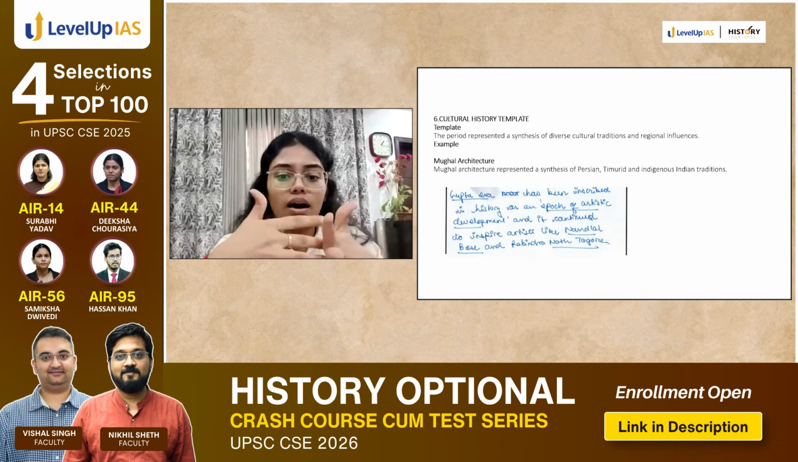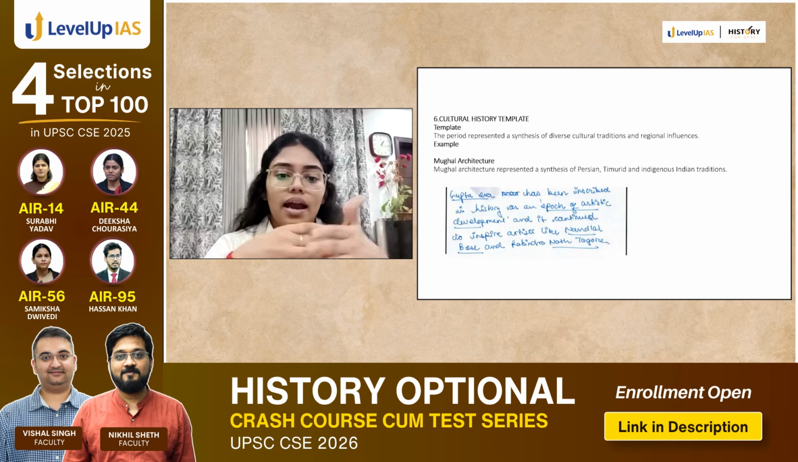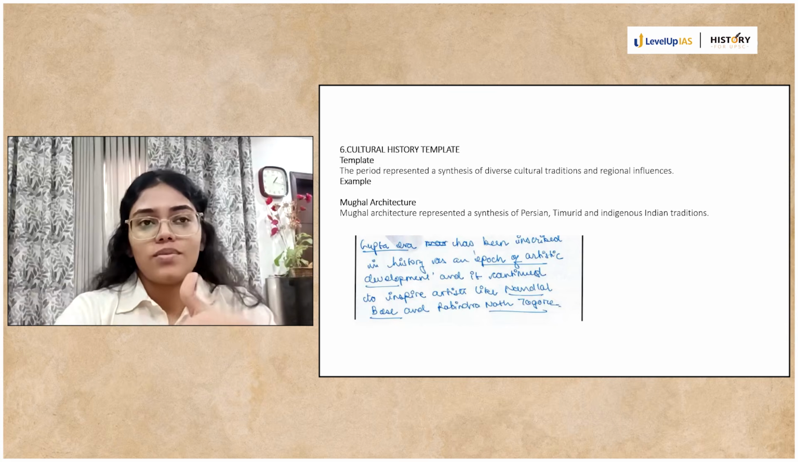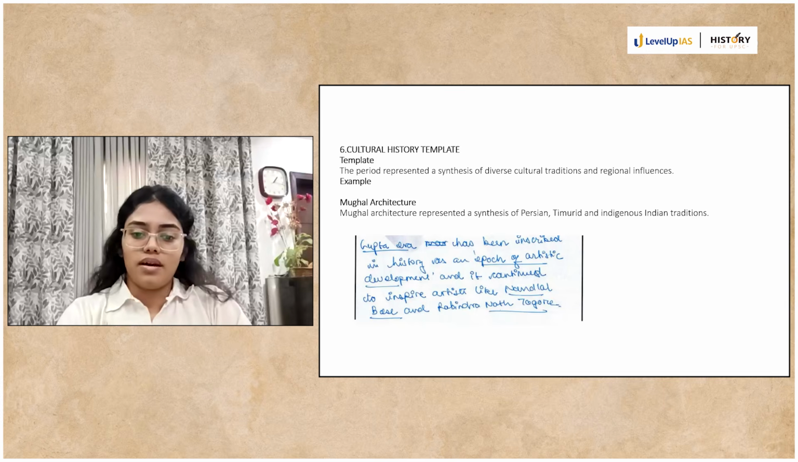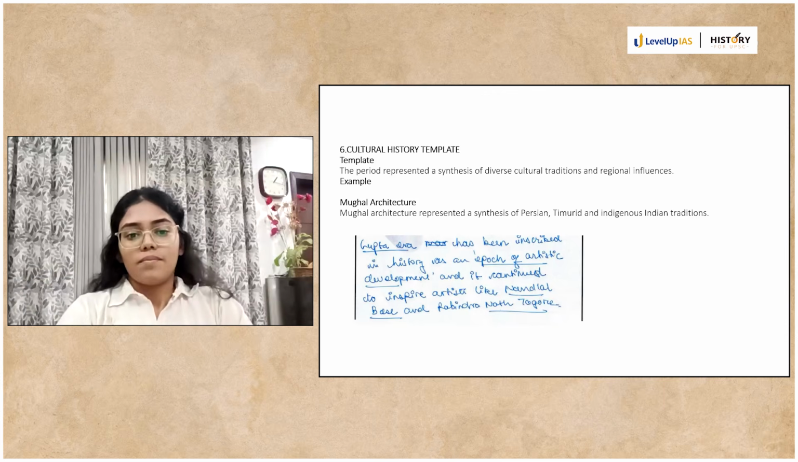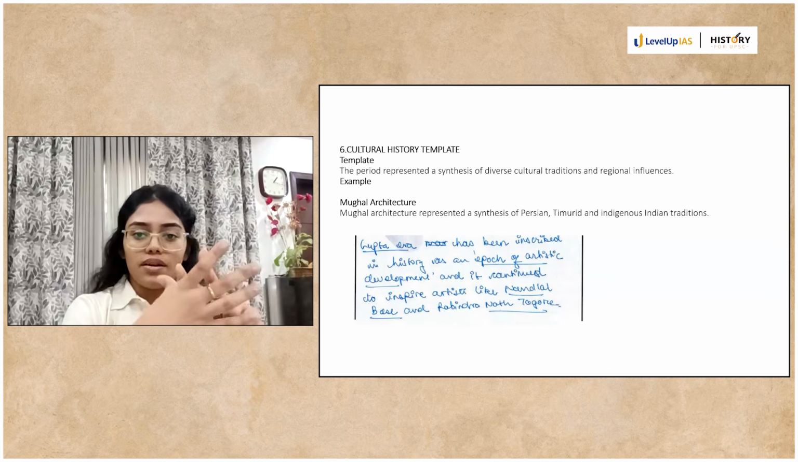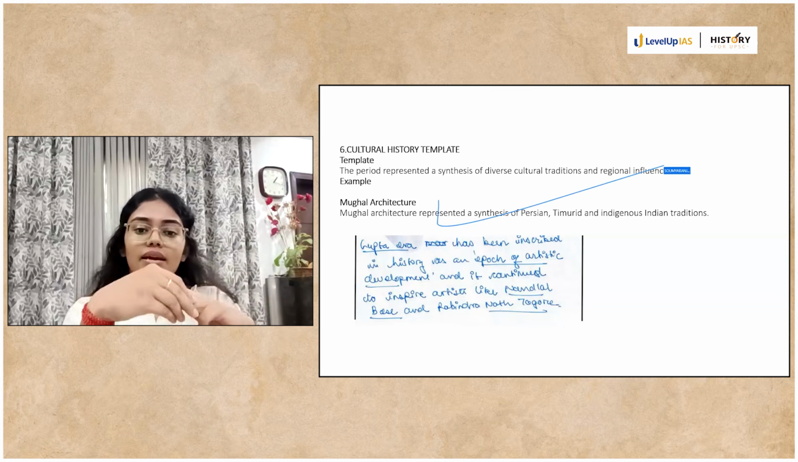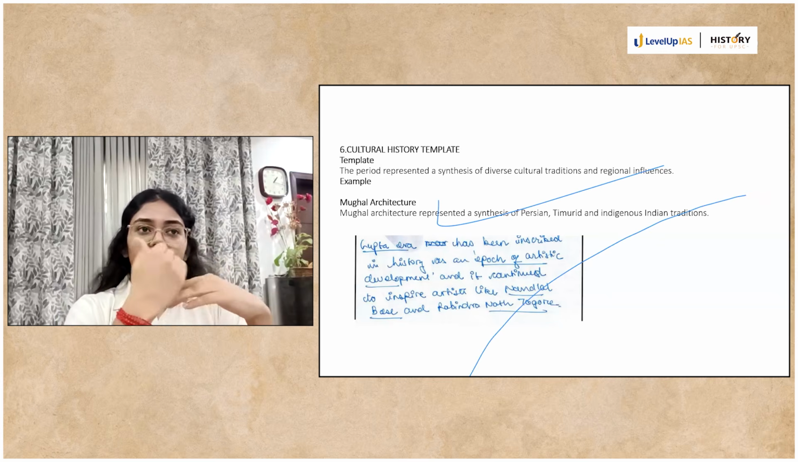So I said that Gupta art has been inscribed in history as an epoch of artistic development, and it continued to inspire artists like Nandlal Bose and Rabindranath Tagore. Now, this is something that the examiner might not read a lot of times in the answer sheets. This is not a very common conclusion, but I will tell the examiner that cultural history, first of all, is a synthesis of a lot of things. It's an achievement of India in itself, and secondly, the importance and significance of that Gupta era is still reflected